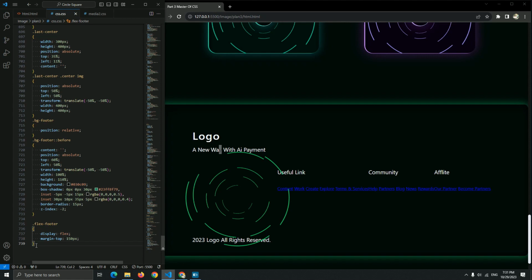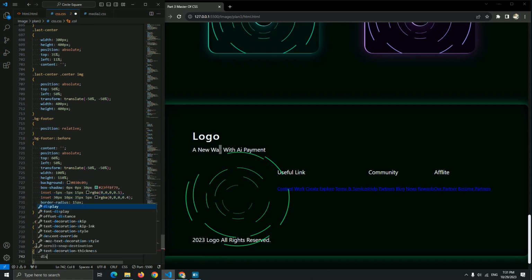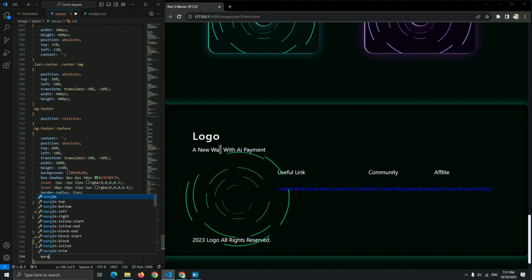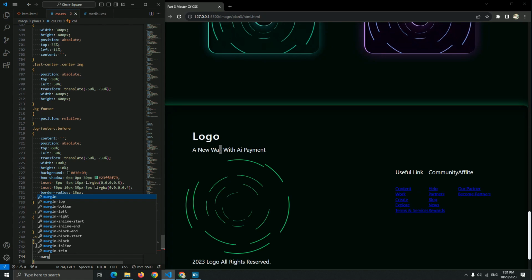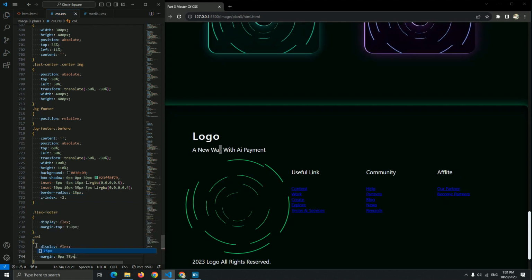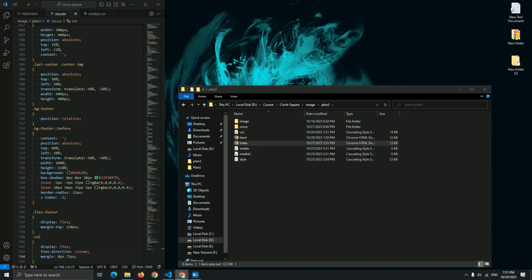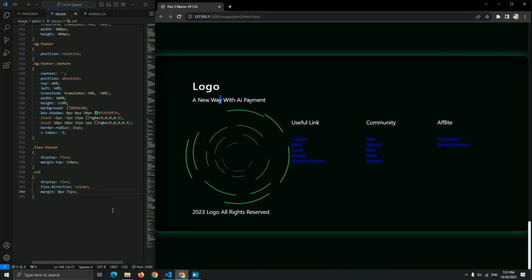So the column gets display flex and flex direction column. Now let me add a little space between the columns, so a margin of 0 pixel 75 pixel. Yep, now it's better, guys, as you can see.